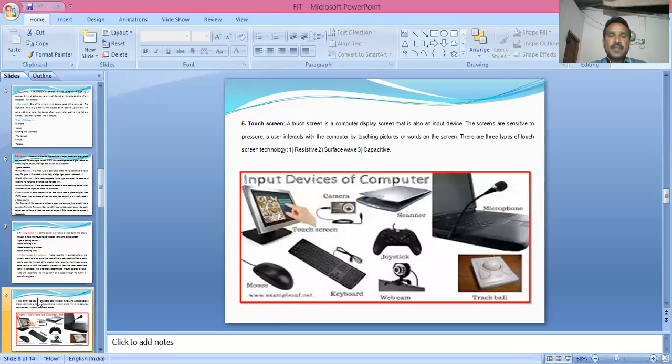And another one is the touch screen. Touch screens are also coming in the modern era. Almost all mobile phones, every mobile phone is a touch-based mobile phone. In our ATM centers, ATM machines also accept input from the users through touch. So, for example, if he is required to withdraw money from the bank,